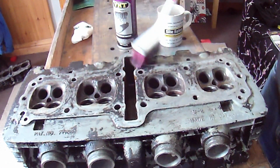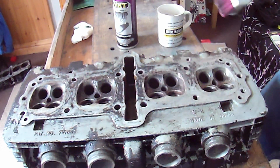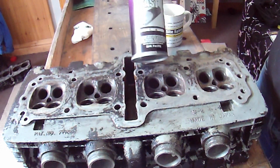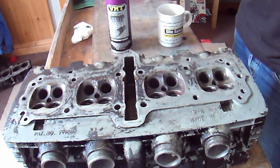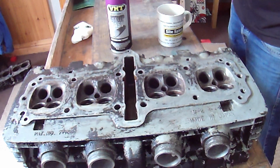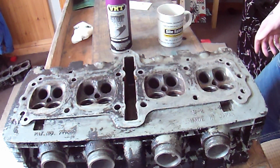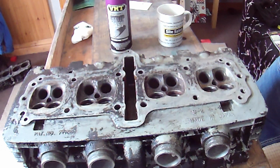Probably take 2 coats of that stuff. This is why I bought 2 cans of it, because, well, I knew this would happen. But yeah, so far, I quite like this stuff. I'm not sure why it hasn't really worked on the tank, because yeah, the clear coat's coming off. It's made it quite sticky, but I don't understand why it's not touching the green stuff, because the green stuff